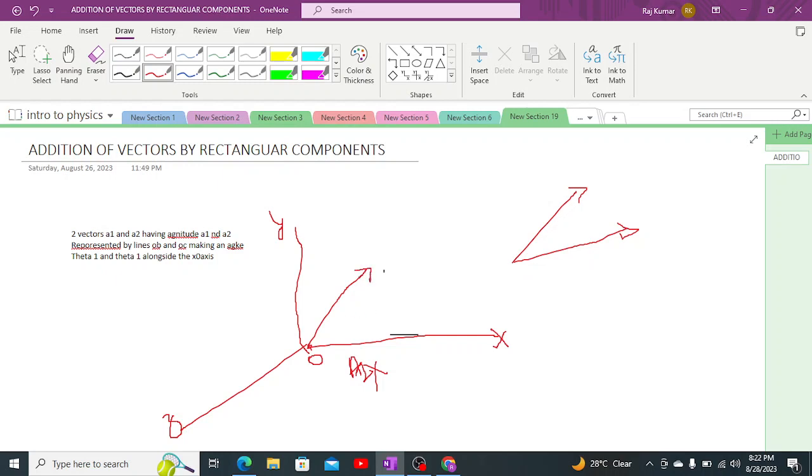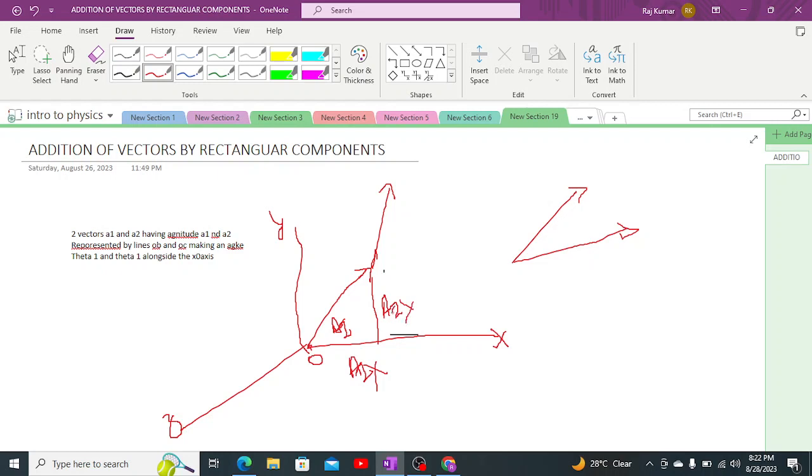In order to add them, I will be utilizing the head to tail rule. This is vector A1, and in order to add vector A1 to A2, I will place the tail of vector A2 on the head of vector A1, due to which when the tail of vector A2 coincides with the head of vector A1, it will be formed in such a structure. Oops, it's a bit long, but you can understand it. This is A1, this is A2,